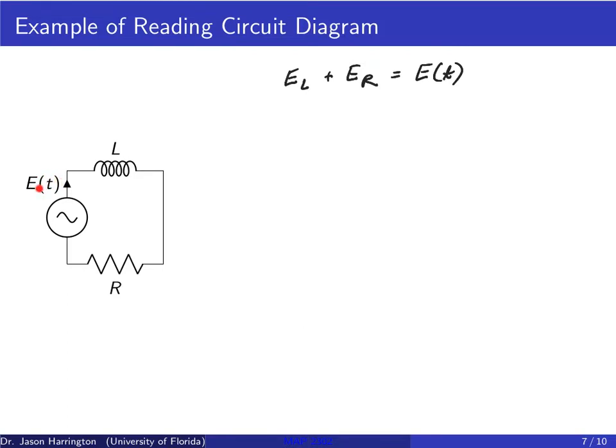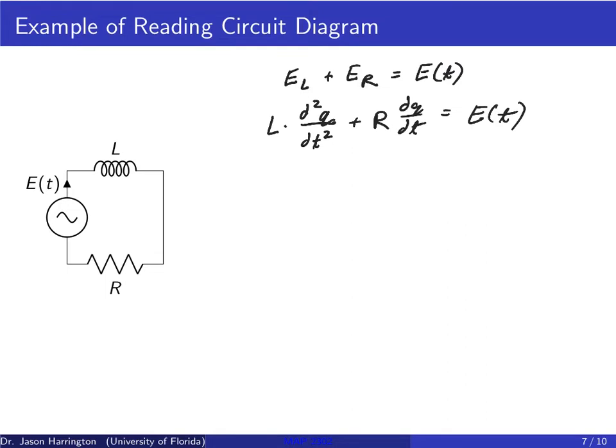Sometimes it's either on or off, which is pretty simple. But oftentimes you'll see things where it's maybe sinusoidal or going up and down, maybe there's some frequency to it. And when I convert this over to a difference equation, the E sub L, I can just remember, is going to be L times the second derivative of Q with respect to t squared, plus the resistor R dQ over dt, is equal to some function.